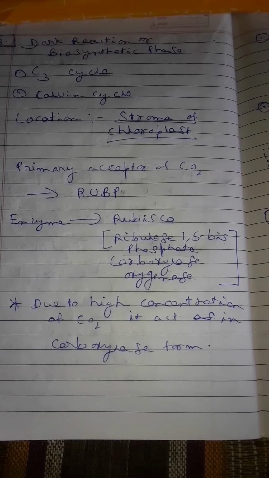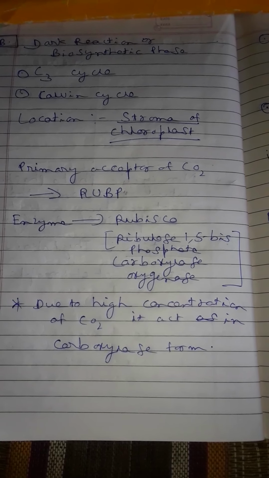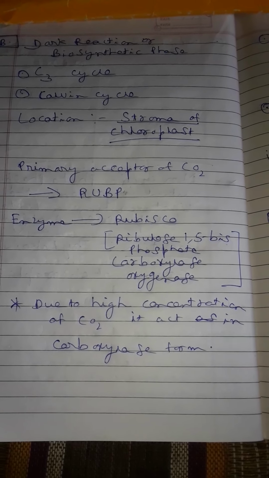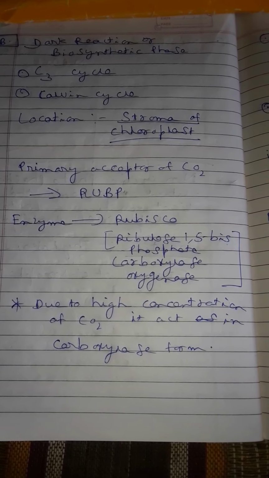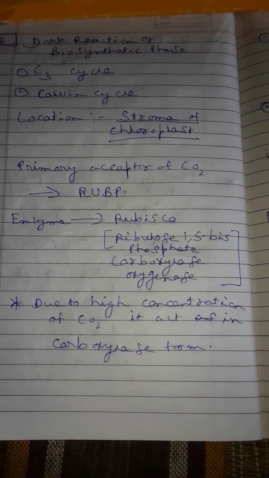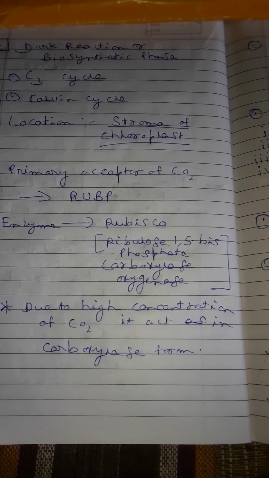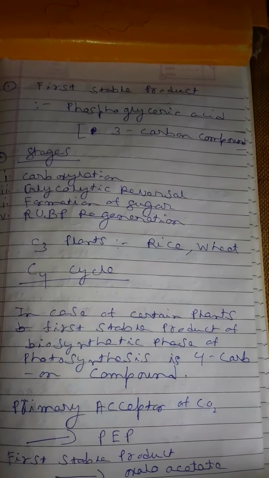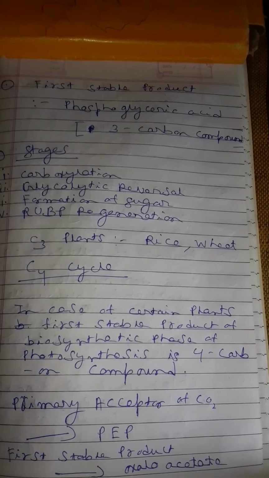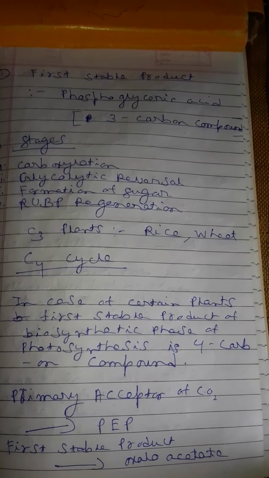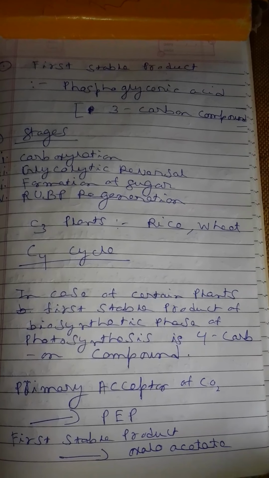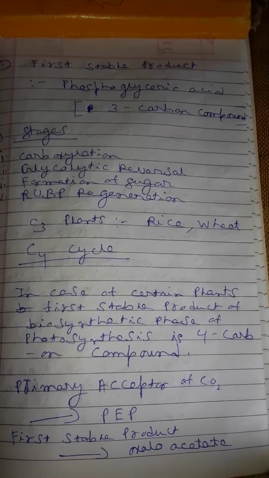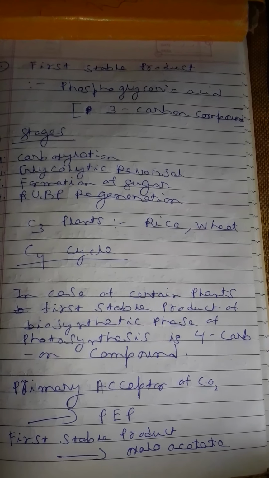During dark reaction, due to high carbon dioxide concentration, the enzyme Rubisco acts as carboxylase and fixes carbon dioxide. Clear? The first stable product of dark reaction is phosphoglyceric acid, which is a 3-carbon compound. Stages of dark reaction include